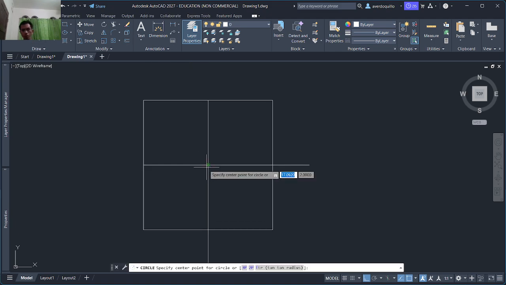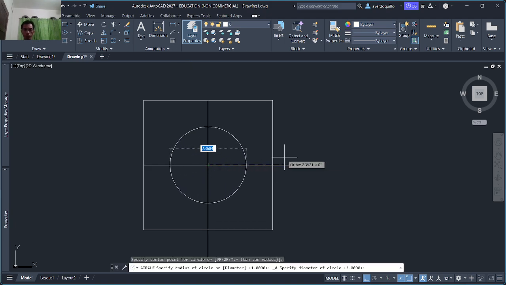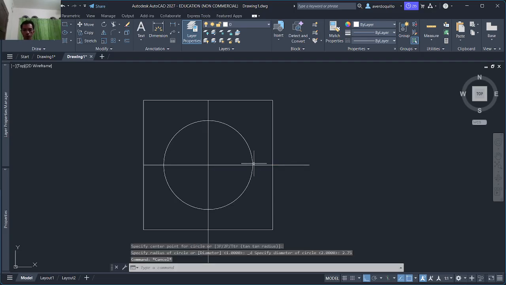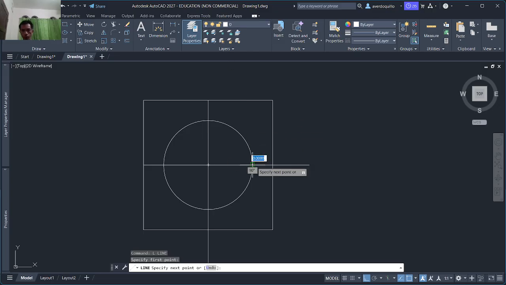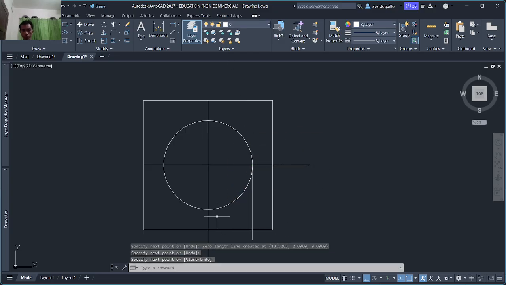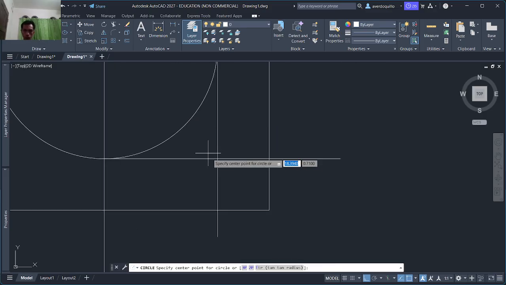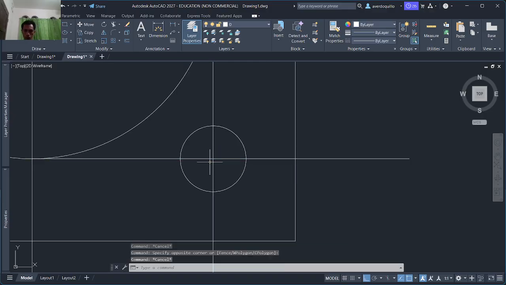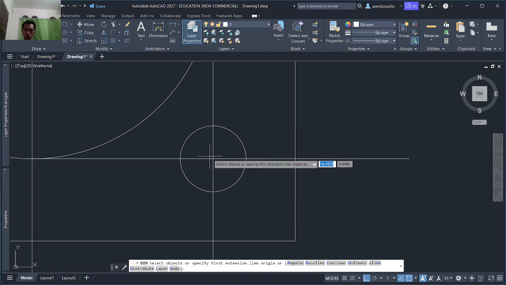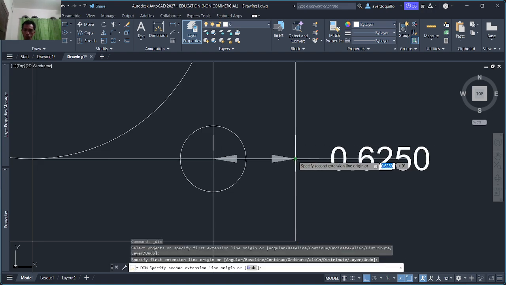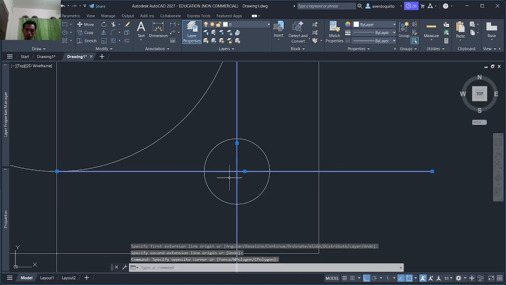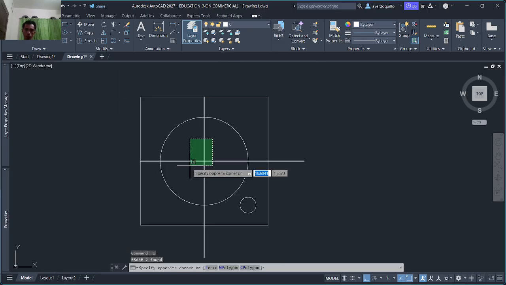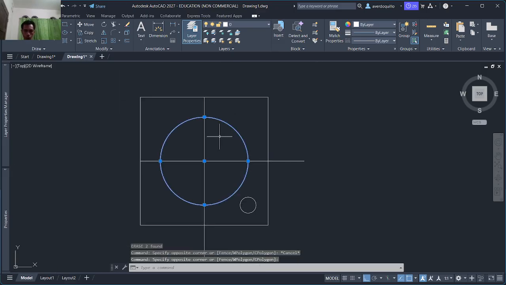Well, I think I make a circle with a diameter of 2.75. And I project a line from here to here, and I create a small circle with a 0.5 diameter. Let's see if this will fit. Yeah, that's perfect. So we'll delete this one. We don't need this circle anymore.